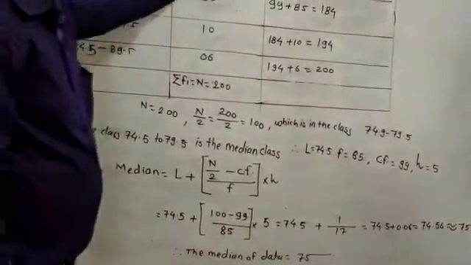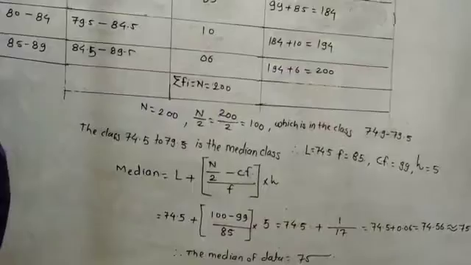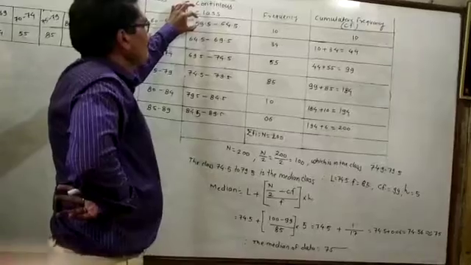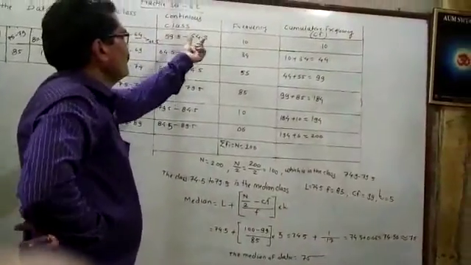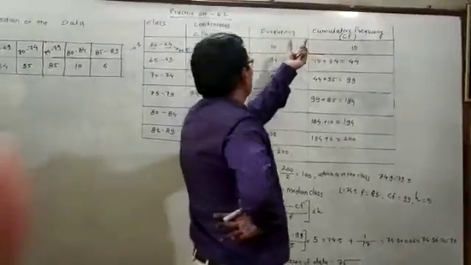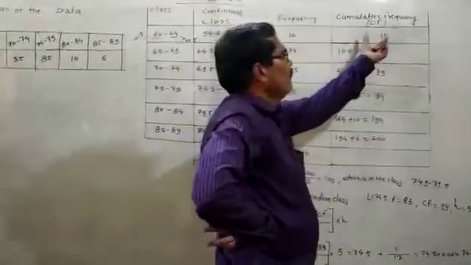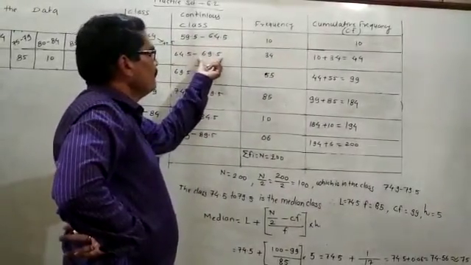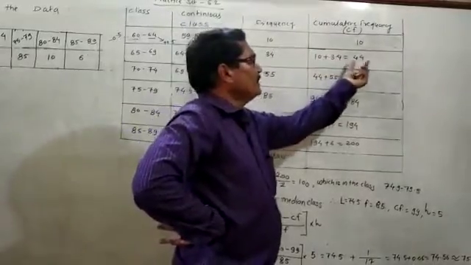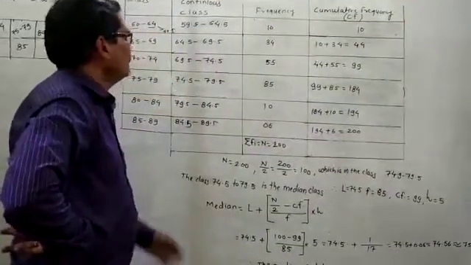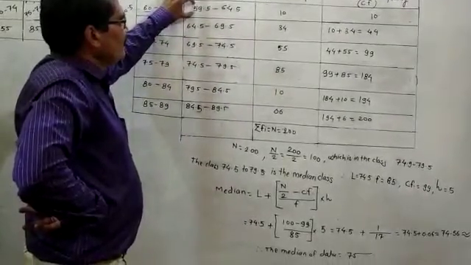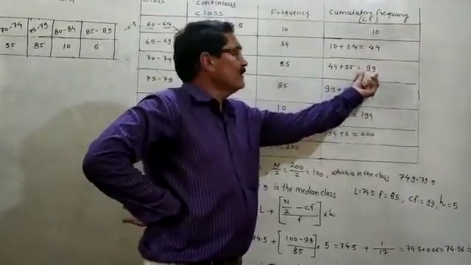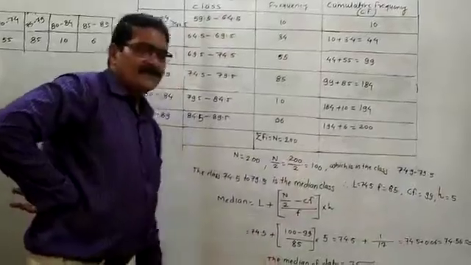In this way you have to find out the cumulative frequency, and this cumulative frequency will tell us that the average speed of the vehicle is more than 59.5 km per hour to 64.5 km per hour. How many vehicles are there? 10 vehicles. More than 59.5 and less than 69.5 km per hour, 44 vehicles are there running at that speed. More than 59.5 and less than 74.5 km per hour, how many vehicles will run? These 99 vehicles. In this way you have to complete the chart properly.